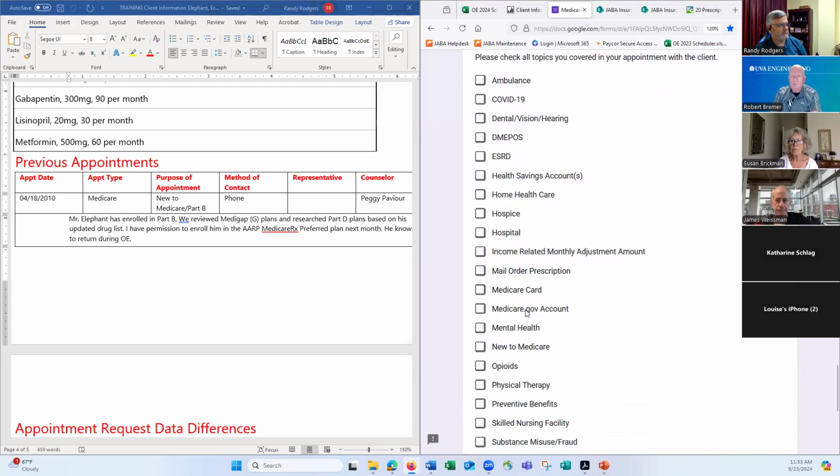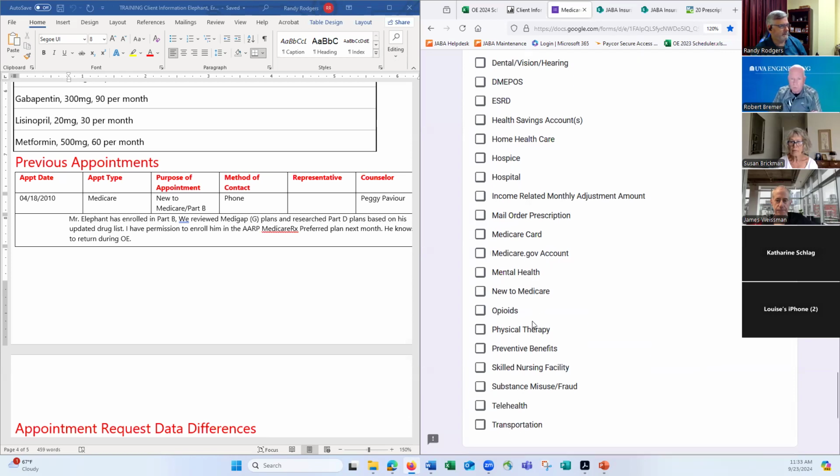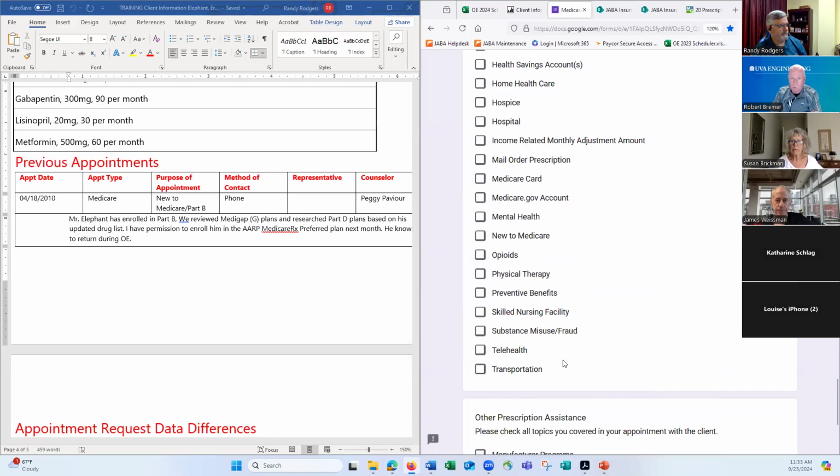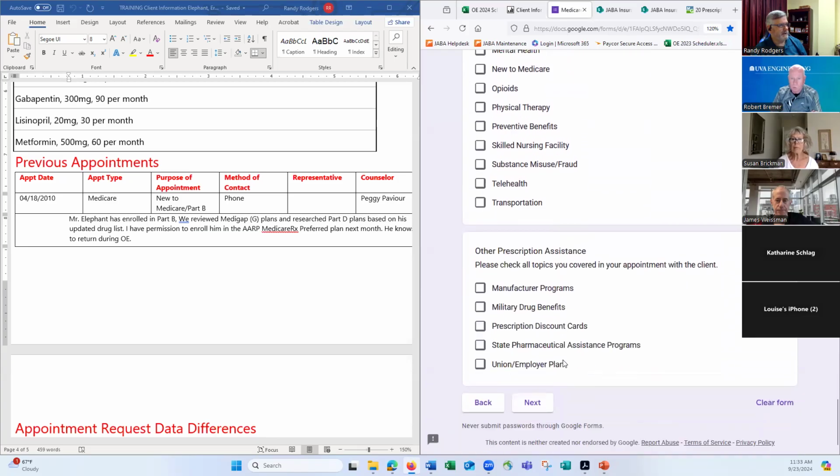Medicare cards, sometimes I have to say, if you set up their Medicare.gov account for them, that's an add-on. You can click here. You're not going to be seeing that much. Here might be the one you get into if you've had to talk to them about GoodRx or something. You can click on the prescription discount cards. Right. At the end of the day,